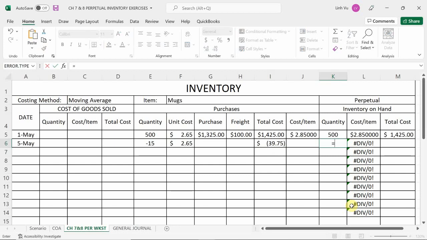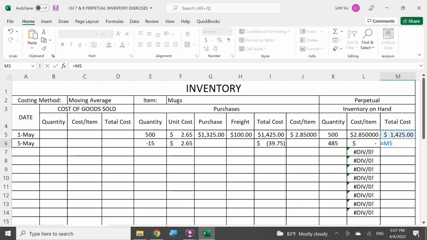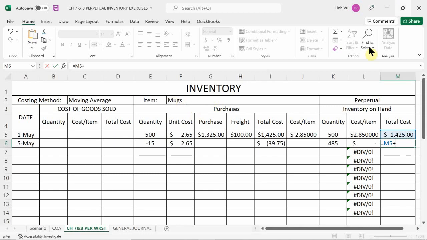So in this case, straightforward, if I purchase 500 and I end up returning 15 of them, I should be left with 485 units. Same thing here. If I originally purchased the entire amount for 14.25, and I end up getting a refund for $39.75, then I should get a total amount of